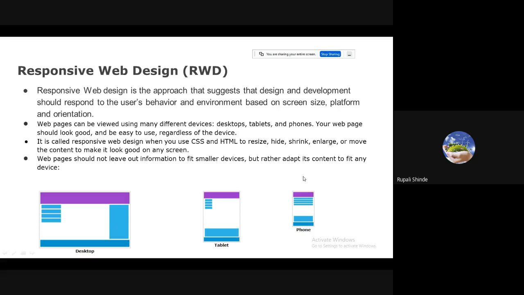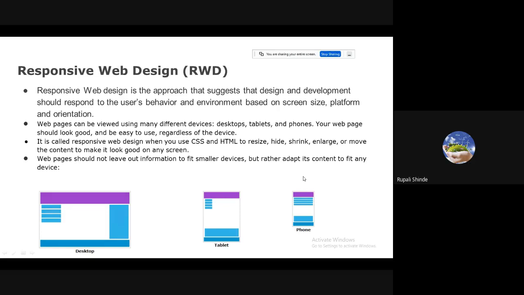Your web page should look good and be easy to use regardless of the device. The user or customer should not have any problem if that particular web page is opened on a mobile phone. Otherwise, I open one web page on my mobile phone, and regularly I'm scrolling and zooming in and out.